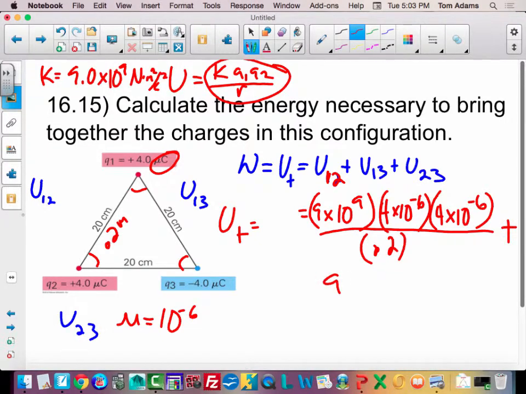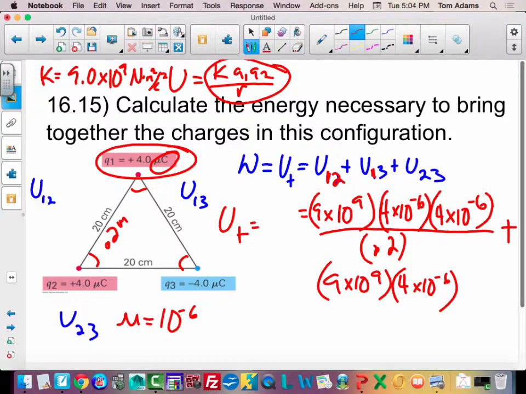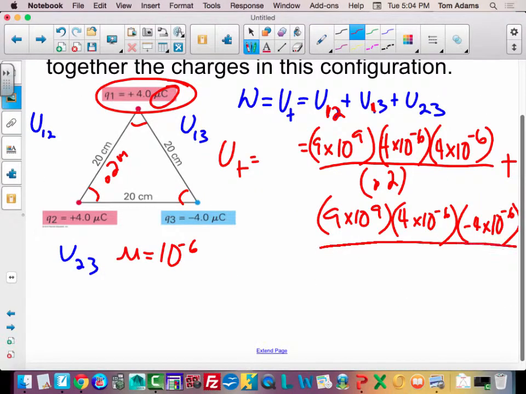The next one will be 9 times 10 to the 9th. And we're going to do charge 1, which is this right here, 4 times 10 to the negative 6, and then between charge 3, which is a negative 4 this time, negative 4 times 10 to the negative 6 microcoulombs, right? And that's divided by 0.2 meters. And then we're going to add that plus